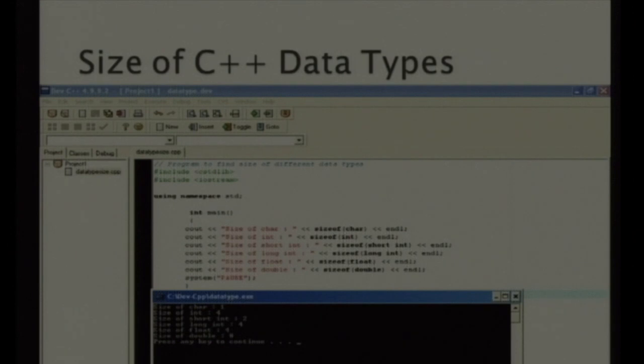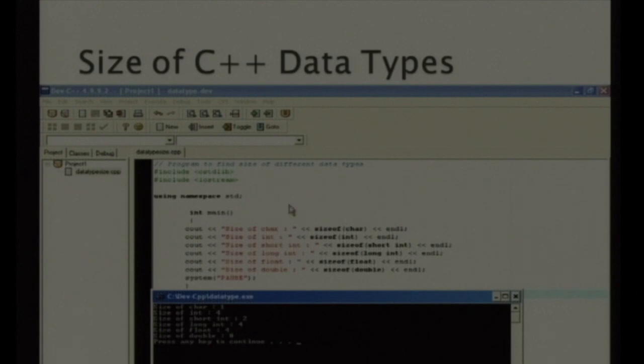You can see the output also shown on the screen. Character is 1 byte, and then integer is 4, short integer is 2, long is 4, meaning long and int are both the same here in this system on which the program is running, and then double is 8.